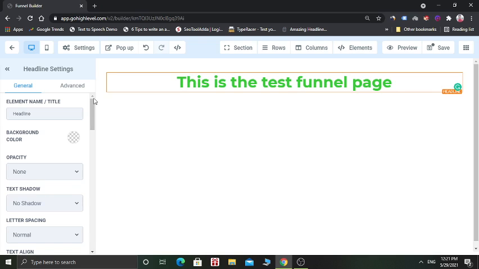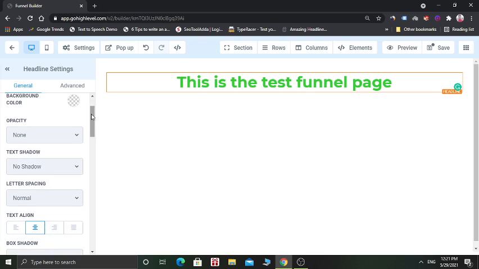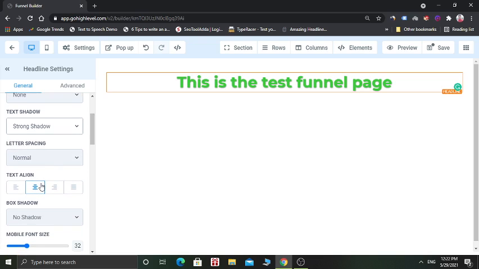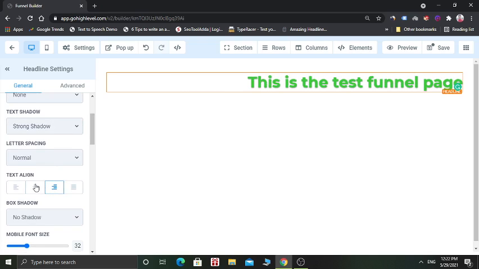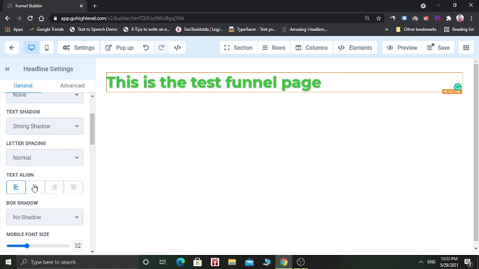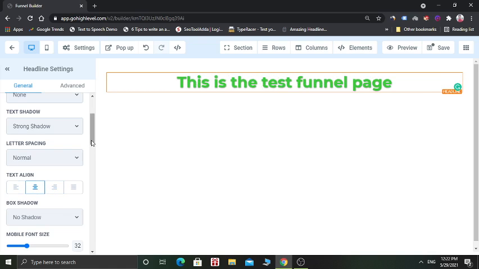You can get lots of options like you can create shadows like light fade shadow, mid shadow, strong shadow. It will look like this, and you can align it. You can move it to the right, or you can move it to the left, or you can keep it at the center.